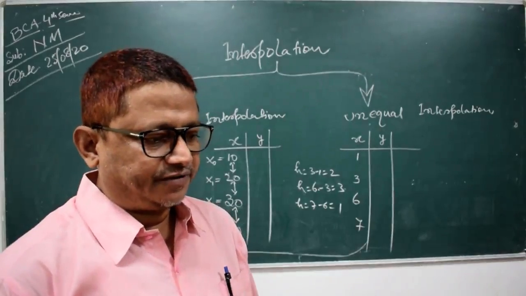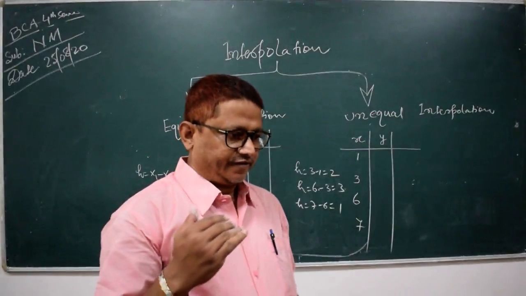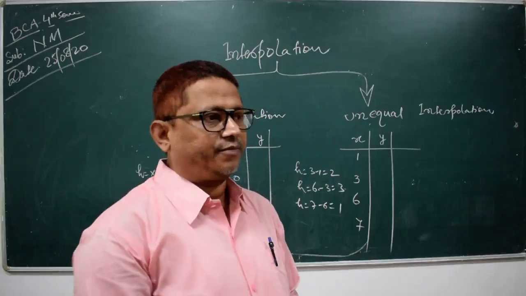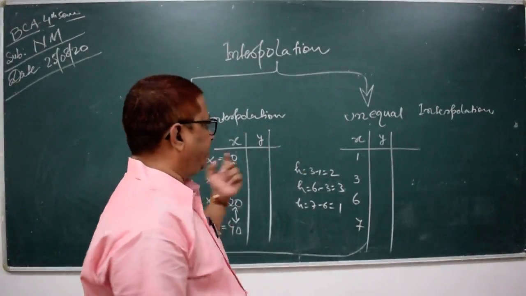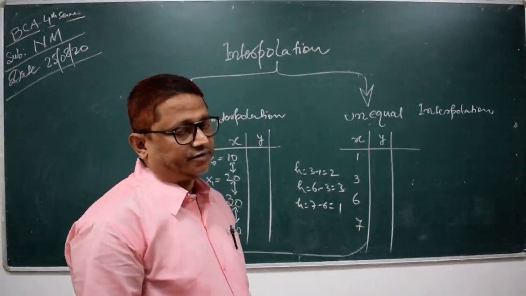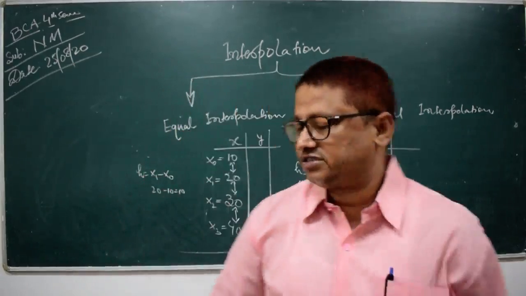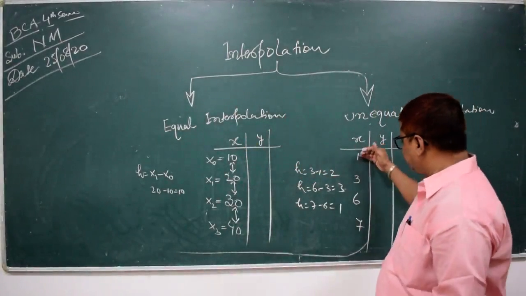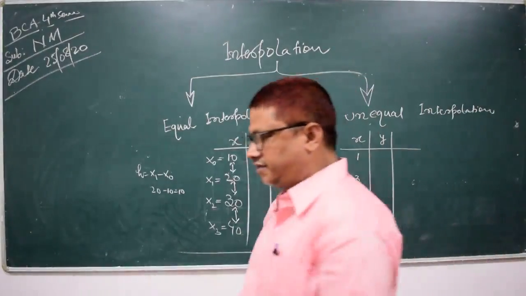Interpolation is where the values are given in the form of a table of x and y. Given the value of x, we are finding the value of y with the help of x. These are the two things in interpolation, equal and unequal. यहाँ पे हम लोगों ने ये समझा कि equal interpolation क्या होगा और unequal interpolation क्या होगा. Equal interpolation में सबसे important चीज़ होती है the value of x is in the equal interval, and in unequal the interval is not equal.